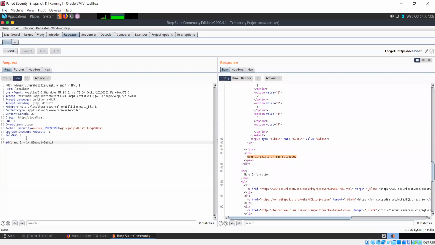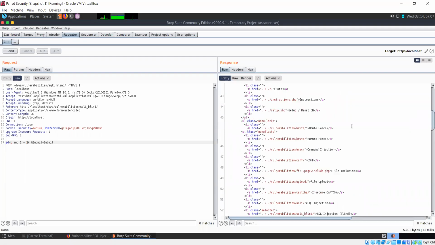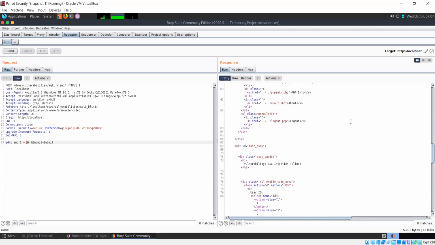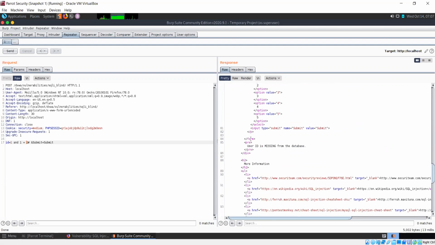Sometimes this syntax can vary a little bit, but it's saying user ID exists. Now I can make any kind of changes I want here. For example, if I send this with 1 is equal to 2, I'll get the response here and I can analyze that, see whether I was successful in getting information or not. So user ID is missing as is the expected case when we compare 1 is equal to 2.